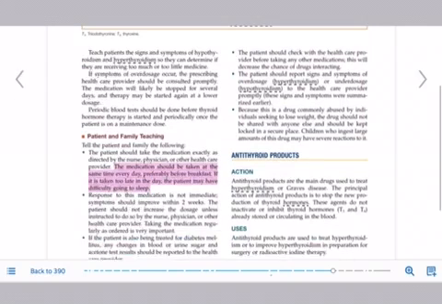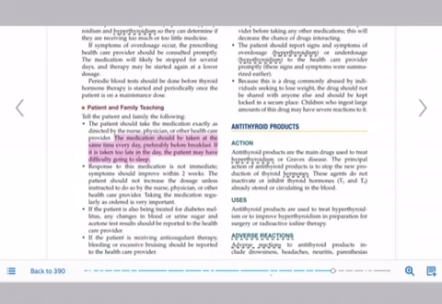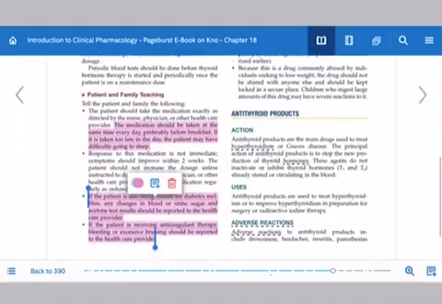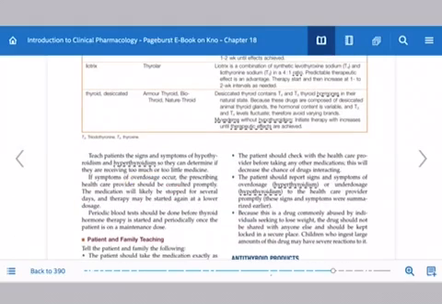Remember, they might start to see some improvement in 2 weeks, but it can take up to 3 months for therapeutic results. All right. If the patient is also being treated for diabetes, check their sugar regularly. If they're receiving anticoagulant therapy, bleeding or excessive bruising should be reported right away to the healthcare provider. The patient should check with the healthcare provider before taking any other medications that can cause a reaction with the med. And if they start to have any signs and symptoms of hyperthyroidism or hypothyroidism, call the healthcare provider immediately.